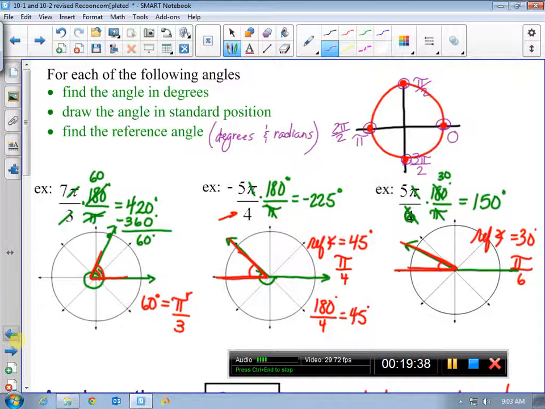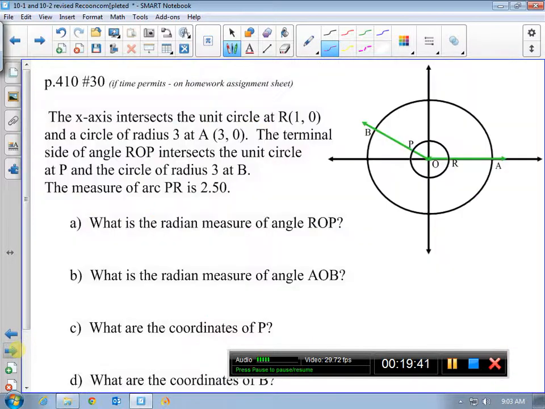Let's see what else we have. Oh, orientation's off just a pinch. Okay, so this is an interesting question. We're going to do it together. It takes a little bit of time. We have a nice diagram. Let's read what we have. The